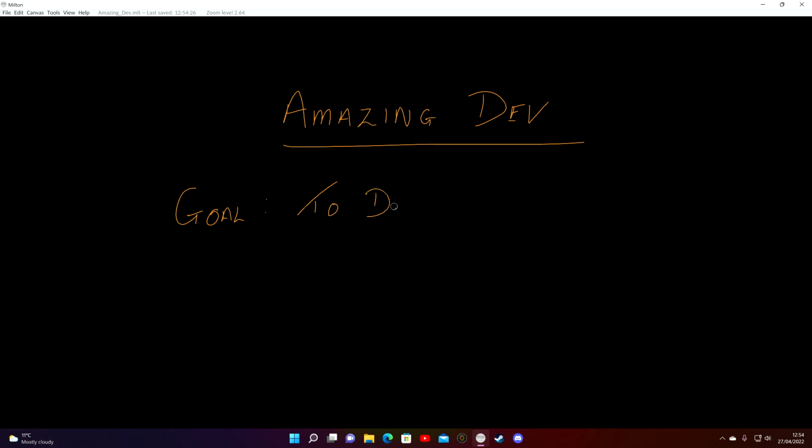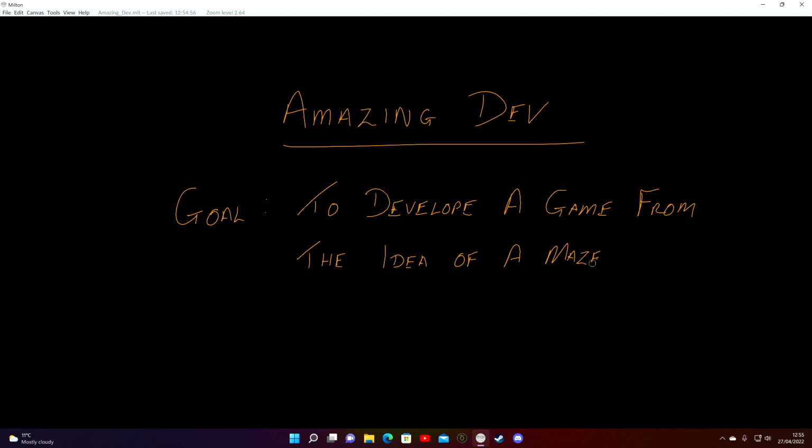To develop a game from the idea of a maze puzzle.